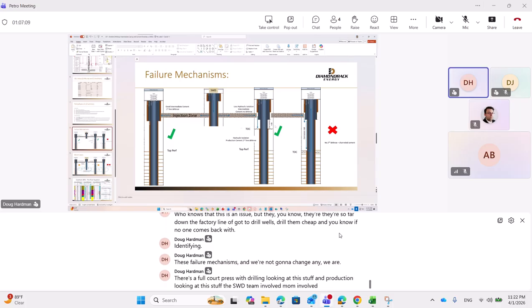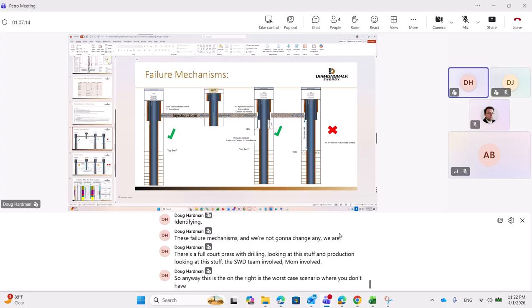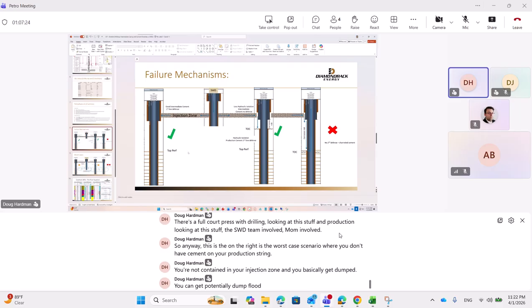So anyway, on the right is the worst case scenario where you don't have cement on your production string. You're not contained in your injection zone, and you basically get dumped. You can potentially get dump flooded all the way. So here's